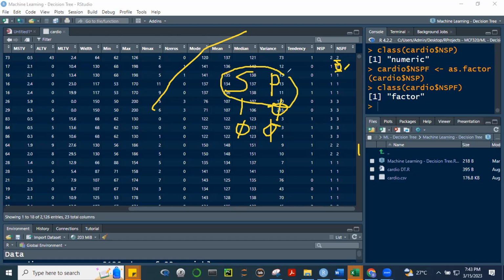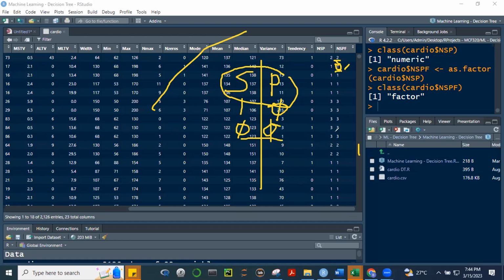Otherwise, in your regression, this is just a quick review. If you have 3 levels in your factors, and if you're going to introduce 3 dummy variables, magkakaroon tayo ng multicollinearity, magkakaroon tayo ng dummy variable trap, no? So that's why the dummy variables that's introduced in OLS is the number of levels minus 1. Okay, because the number of levels minus 1 is already sufficient to accommodate, to capture all your data. Okay? So kapag dalawang 0 to, si S at saka si P, ibig sabihin 1 yan.